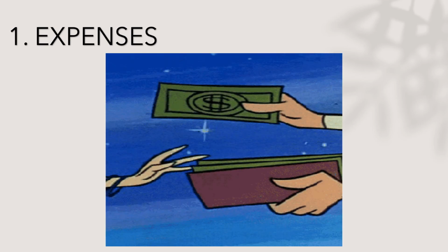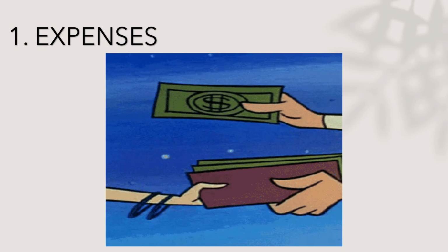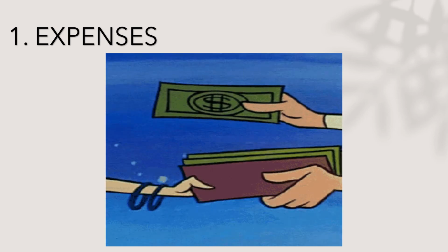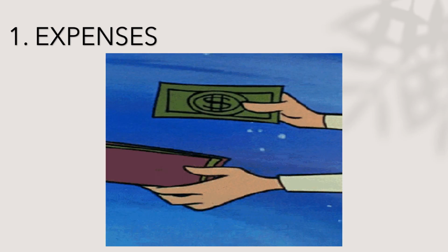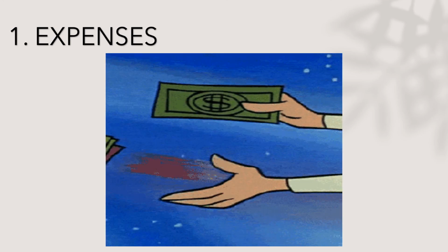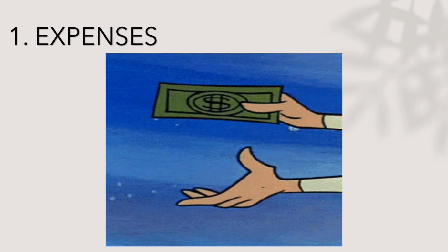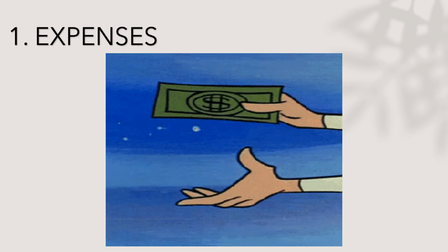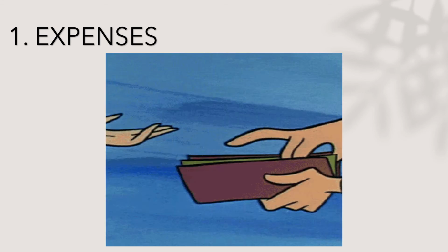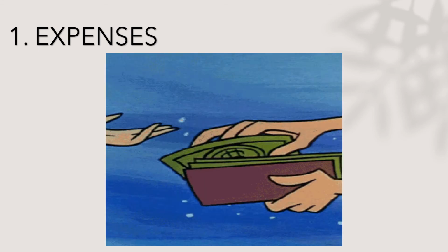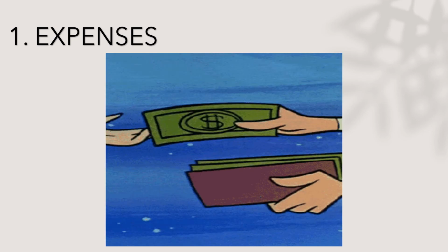Say for example, you are buying chocolate. So how much is chocolate? It's maybe 50 pesos. So for 1 month, how many chocolates are you eating? So you need to write that down. Or if you are buying shakes, how much is a shake priced at? So maybe you would say it's around 25. So how many times in a week do you drink shakes? So you need to write it down. That is your expenses. You need to keep track of the things that you buy in a month or the things that you are paying for so that you can make a clear budget.